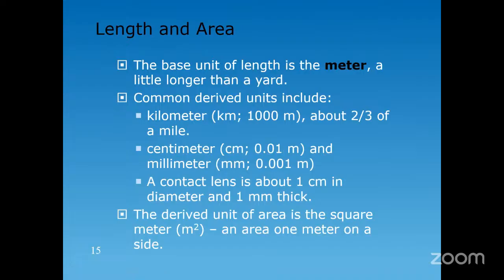And then milli, that prefix means 10 to the minus 3. So basically 1 millimeter is equal to 10 to the minus 3 meters, and so on and so forth. Then we have the derived unit of area, right? Area is related to, well, depending on the shape of the